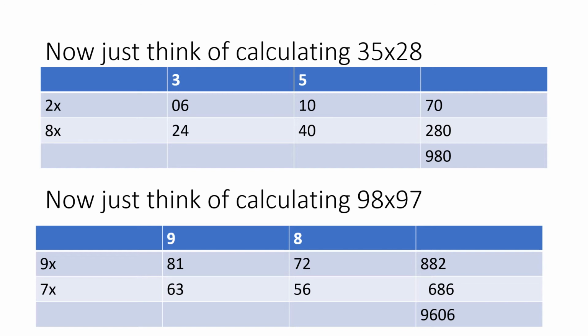But one thing you have to remember while adding. This 70 I have taken one place before this 280. This 70 is exactly straight to 28, one place before this. So this position you have to clearly note. When you add this, it will come to 980. So 35 into 28 is 980. If you have a doubt, you can go for a calculator.